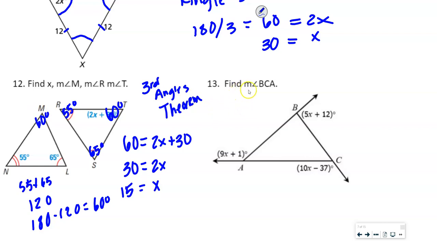So then it says find the measure of angle BCA. So this is what we call the exterior angles theorem. Okay. Now we're not only going to use that, but we're going to use some linear pairs, right? So here's the deal. If this inside angle, we know that this angle plus this angle plus this angle has to equal 180, right? So if that's true, then the two angles outside of there are going to have to add up to be